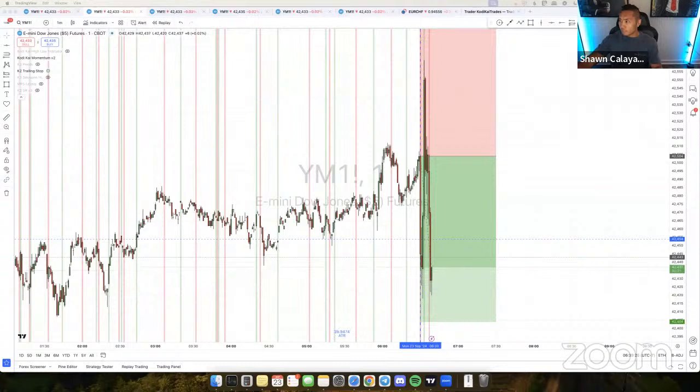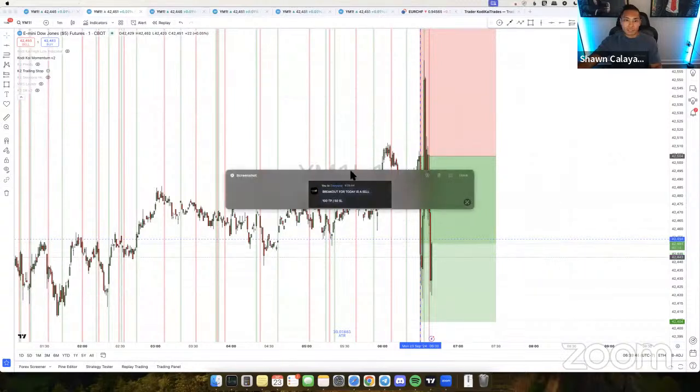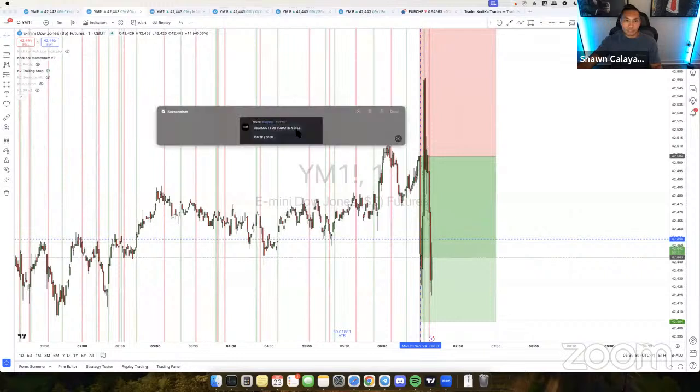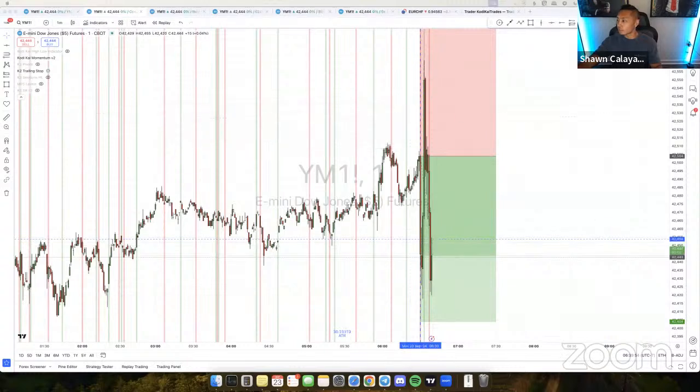No, Stanley, it's in this chat right here, the same chat that you're talking about. It's literally above. There is no premium chat. You are in the premium chat. This is where it is. So I'll just screenshot it for you. It says right here, this was a message to everyone: breakout for today's a sell, 100 TP, 50 stop loss, right there at 6:29. So there is no other premium chat. You are in the premium chat.